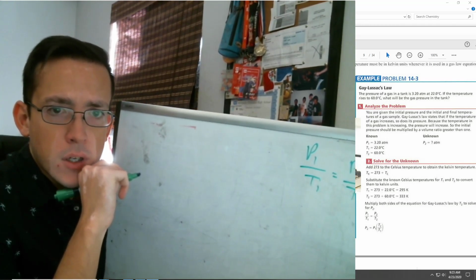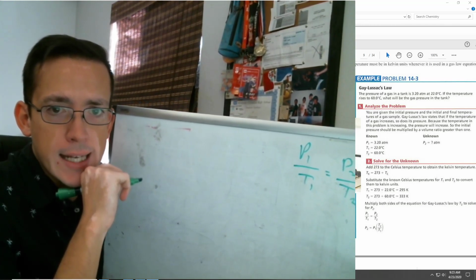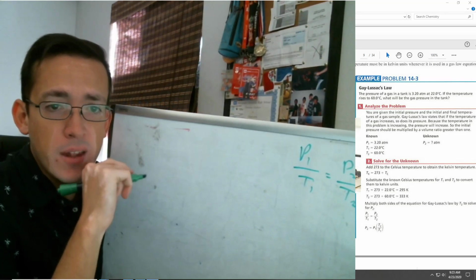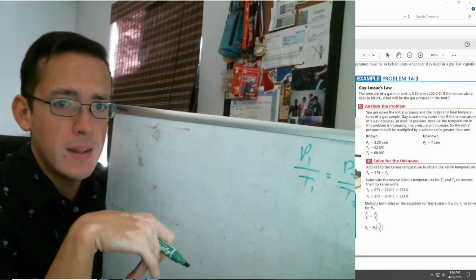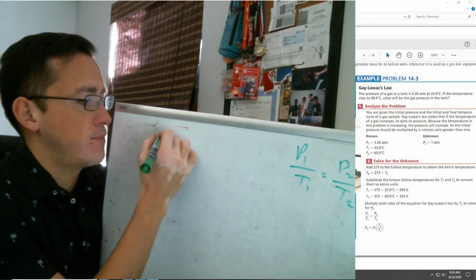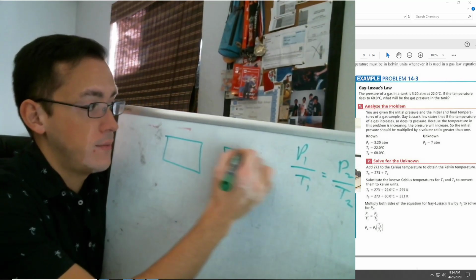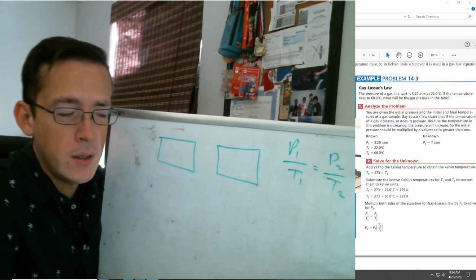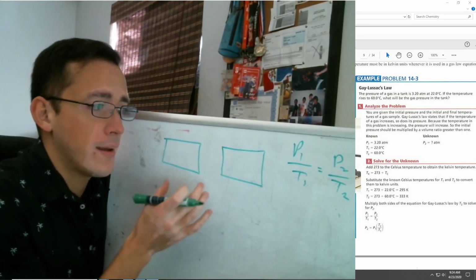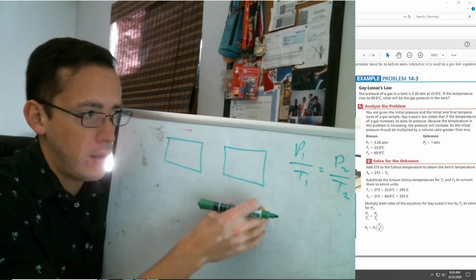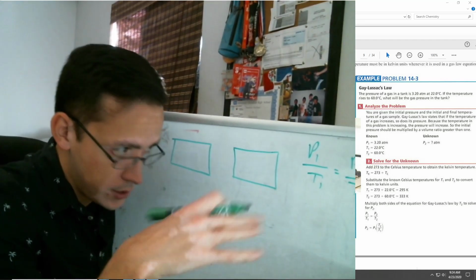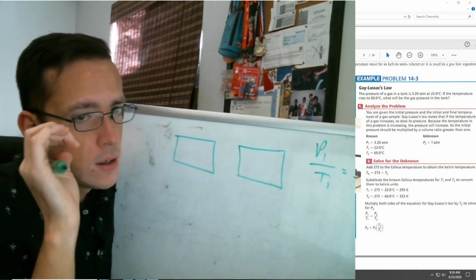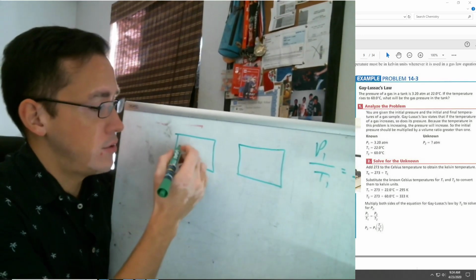All right, so Gay-Lussac's law. The pressure of a gas in a tank is 3.2 atmospheres at 22 degrees Celsius. If the temperature rises, what will be the gas pressure in the tank? Okay. Well, in this case, keeping volume exactly the same both times. So pretend those are the same boxes. As a result, once we heat it up, the pressure will be a lot higher because all the particles in there running around have a lot higher kinetic energy like we talked about in chapter 13. So initially, our pressure is 3.2